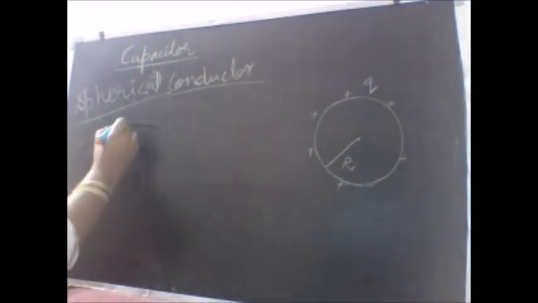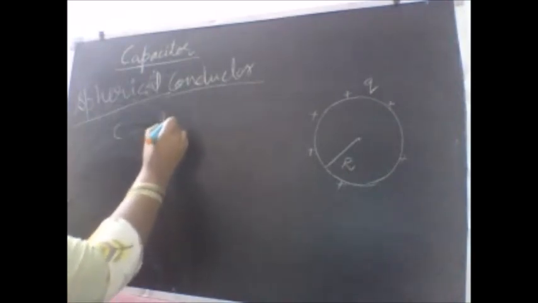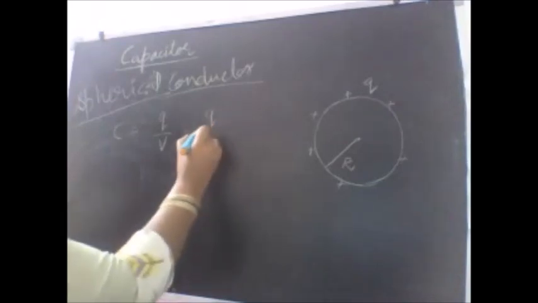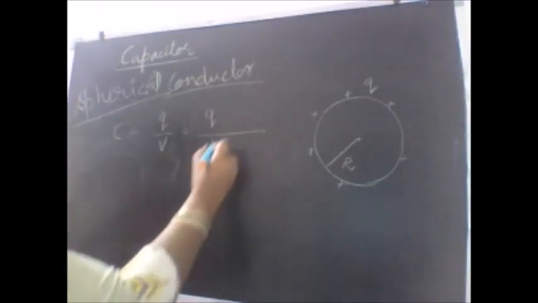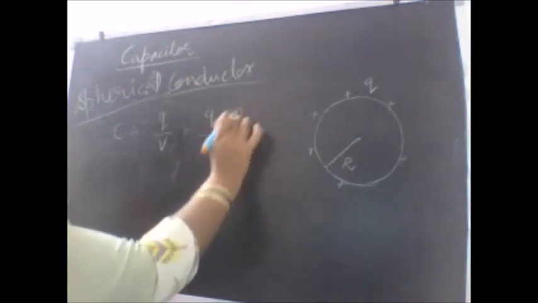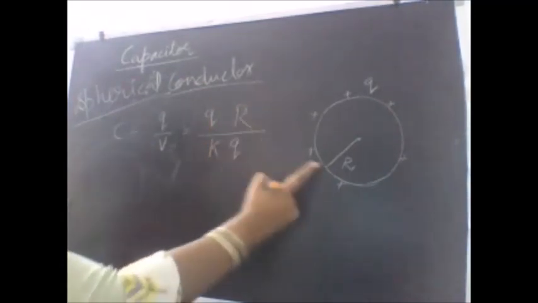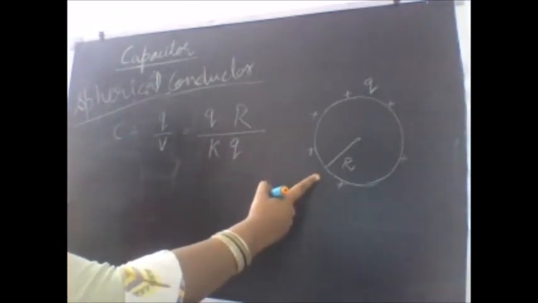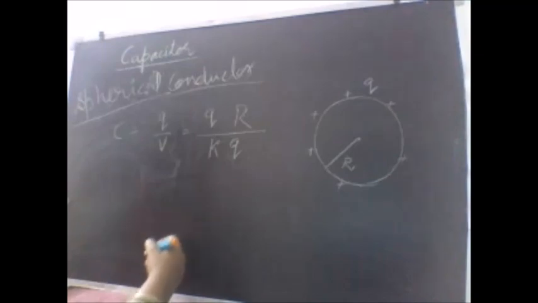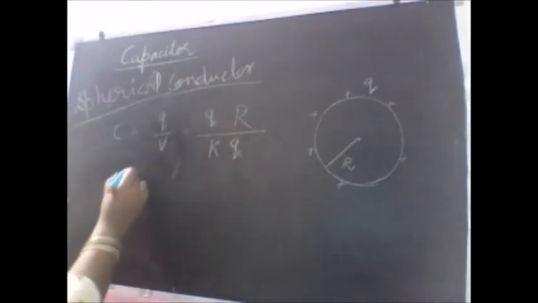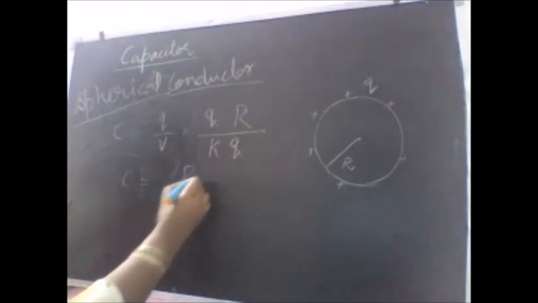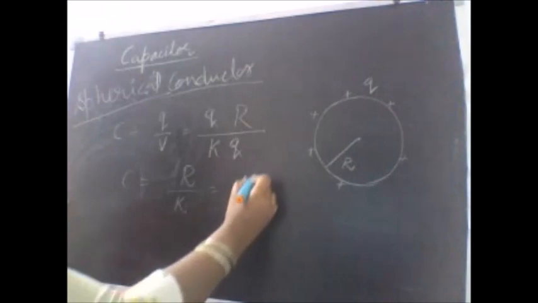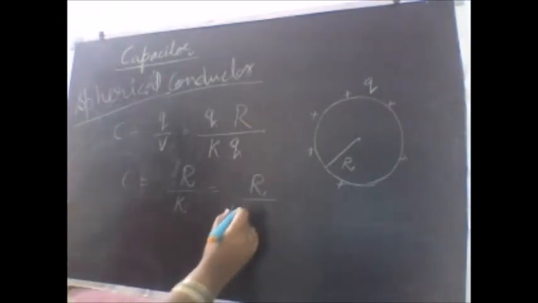Let us obtain a more simplified formula for the capacitance. The formula we are going to use is Q by V. And for the surface, the value of the potential is Q divided by, what is the value of V? KQ by R. We are going to use a capital R here because the radius I have taken to be R, and this is the capacitance that we are calculating for this spherical conductor. Charge cancels out, and I am left with C equal to R divided by K. Let us put the value of K here.